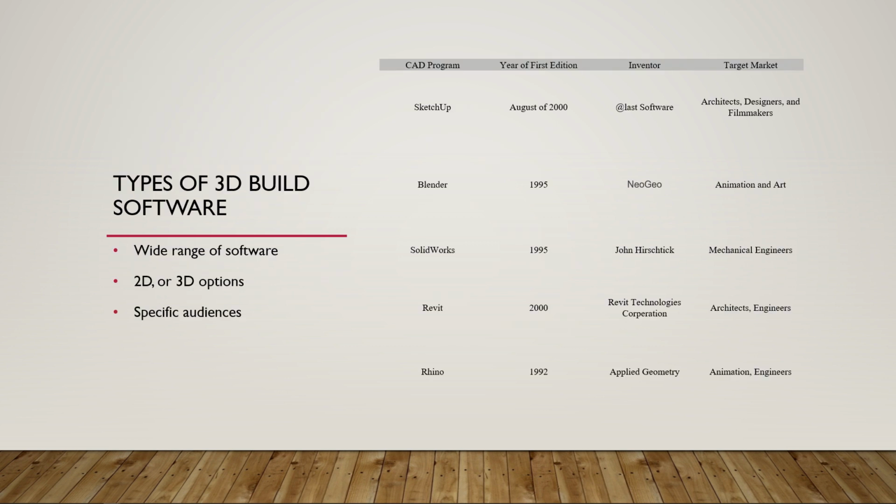So next we actually go into different types of 3D building software. Now there's all kinds of software available, and the list on the screen are just some of the ones that I've looked at and have actually used. I'm primarily familiar with SolidWorks. It's industry standard,